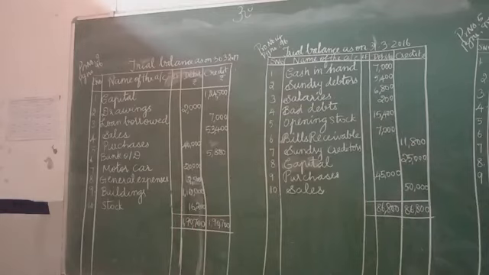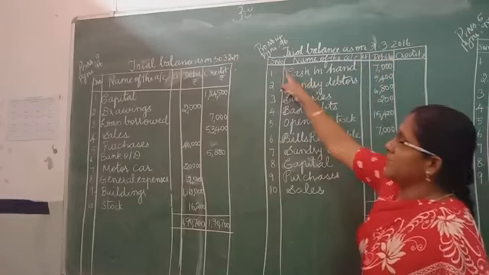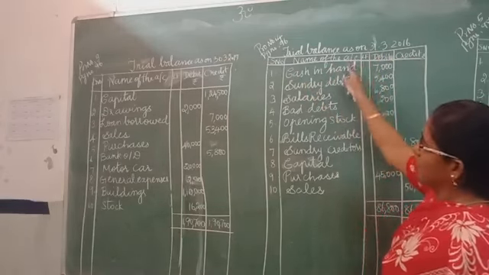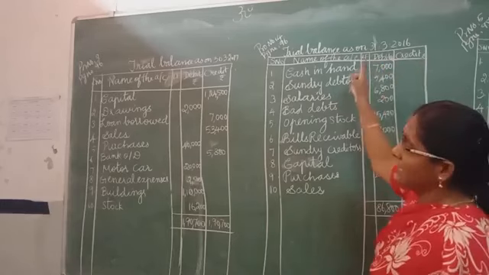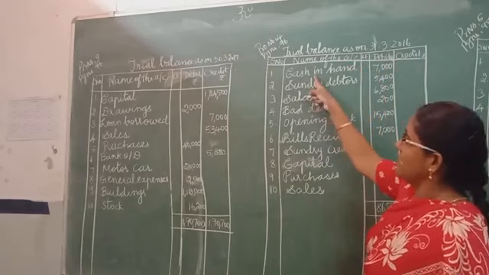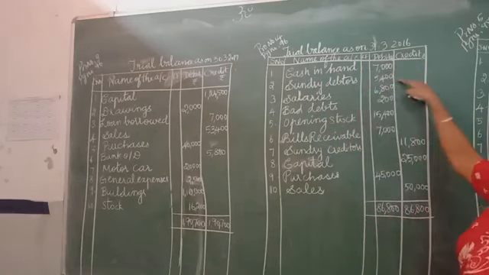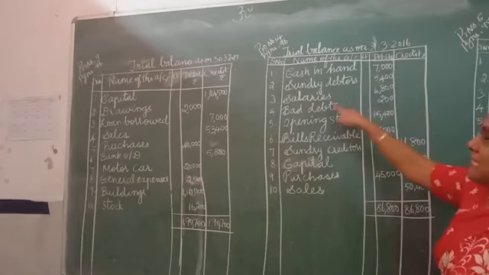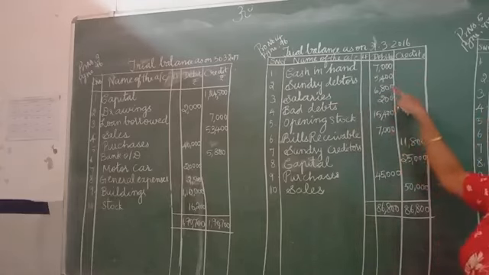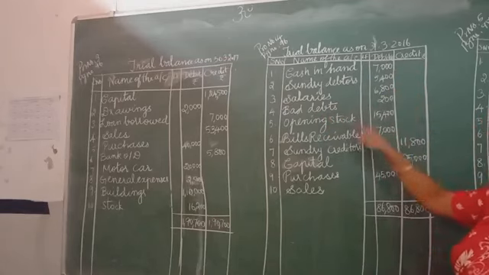Problem number 4, in that one also they have given trial balance as on. You have to write the heading. On a single page, serial number, name of the account, all particulars: LF, debit, credit, everything you can write. It goes without saying. First cash in hand they have given, so they have debited. Sundry debtors, debit column, because it is an asset. Salaries, that is also what? Expenses, so they have debited. Bad debts, it is an expense, so I have debited.